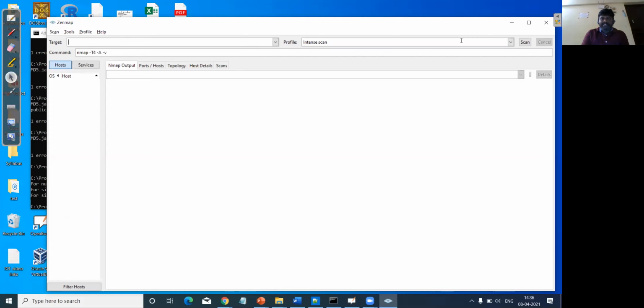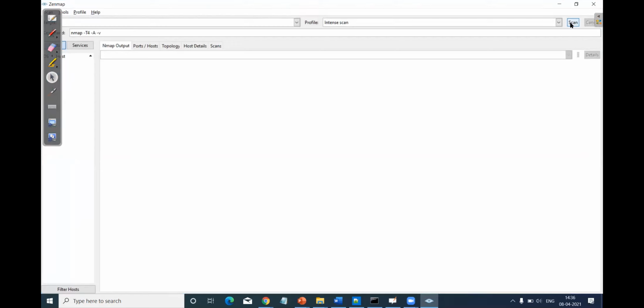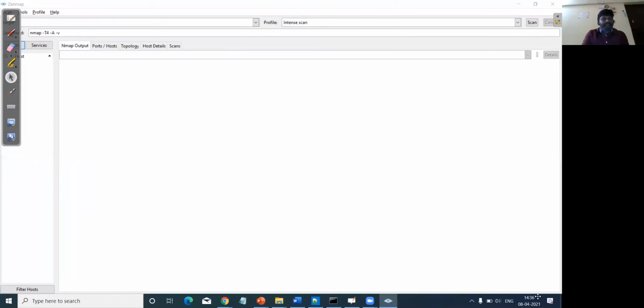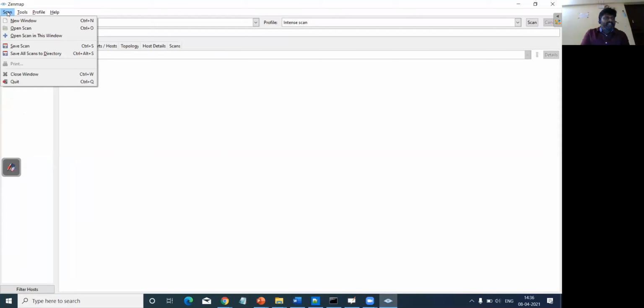Once the software is ready, you will get a window like this. This is your GUI window, and it is a very simple user interface. In the top left corner you will find a list of menus, starting with Scan.